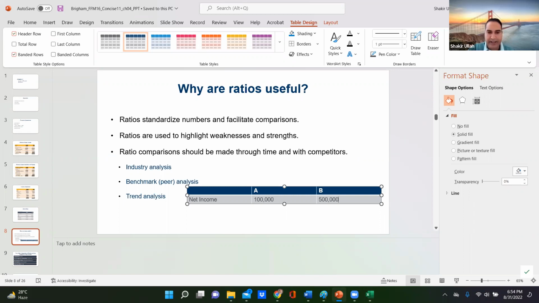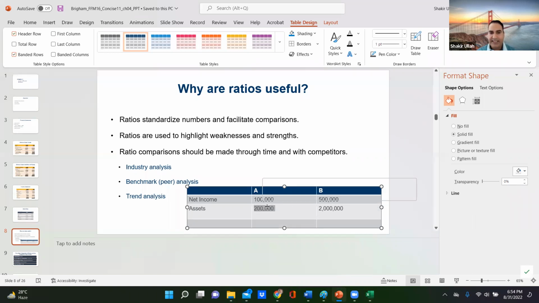Exactly. That's a wonderful answer. And so that means it's relative. This information is not sufficient to say that one company is better than the other. We have to look into the other accounts of the income. So let's say we also look at the assets of the two businesses. This company has 200,000 in total assets. And this company has 2 million in total assets. Now you might be in a better position to say which company is performing better.